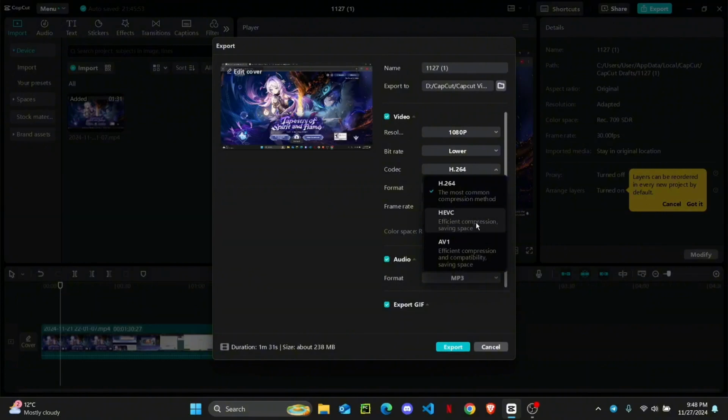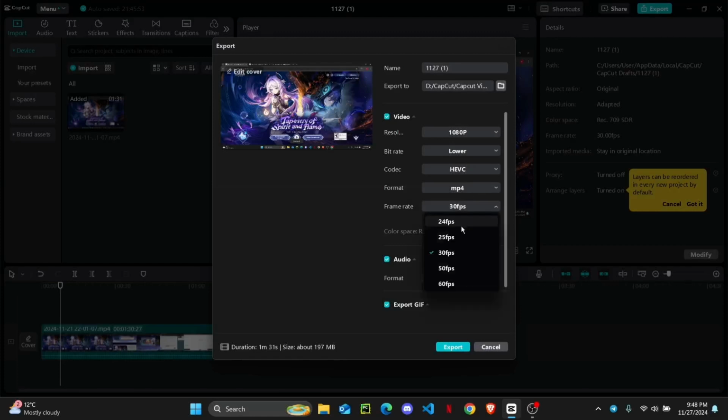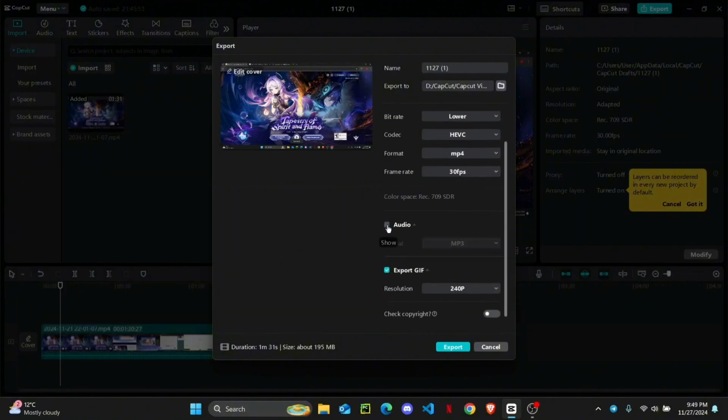You can see you may just switch it up to HEVC, and after that change the MP4 into MP3, or you may just go on with compressing the files, like changing it into 30 fps, and audio, turning it off, exporting GIF, just turn it off, and after that just export and your file should be compressed without losing any quality. So just follow that process and you should be able to